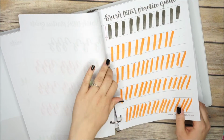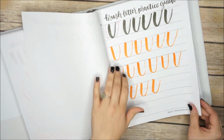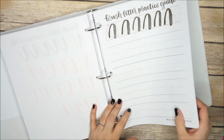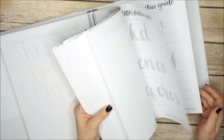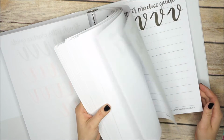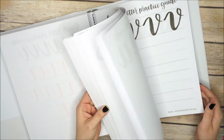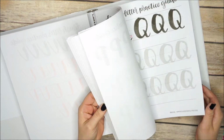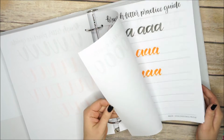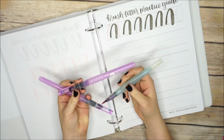Before doing this, I had never done any kind of brush lettering, and I really started off with this. I worked my way through as far as I felt like I needed to get before I could do it on my own on paper. Then I started practicing on paper, and every now and then I'll go back and work through the workbook again when I feel like I'm getting a little stiff in my writing and need a little more help. Every few months or weeks I do a few pages to get the hang of it again before I go on to regular paper. But this is really good for beginners,